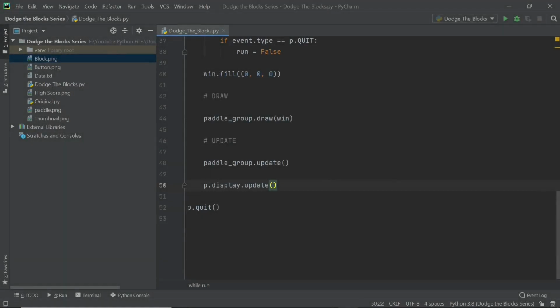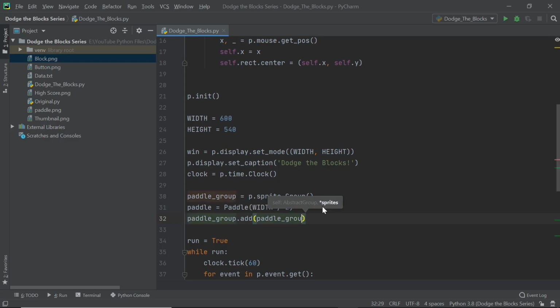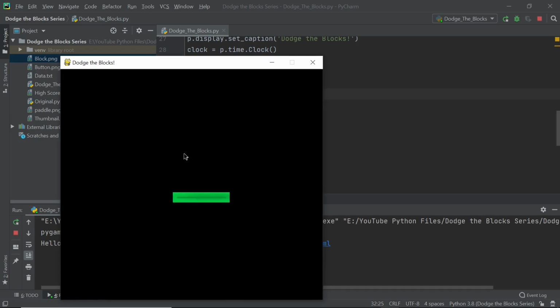So I just went through my code, and the error was kind of stupid, and that was the fact that I didn't add the paddle to the sprite group. Like I mentioned, each sprite needs a group, and if you don't add the sprite to the group, obviously the group isn't going to do anything because there are no sprites in it. So if you want to add a sprite, it's fairly simple. Just say paddle group dot add, and just put in the sprite inside those two brackets. So I'll just say, oops, not paddle group, I'll just say paddle right there, and that is pretty much going to be it. Now you can save your program and then run, and when you do, you should see that you can move the paddle with your mouse pointer.